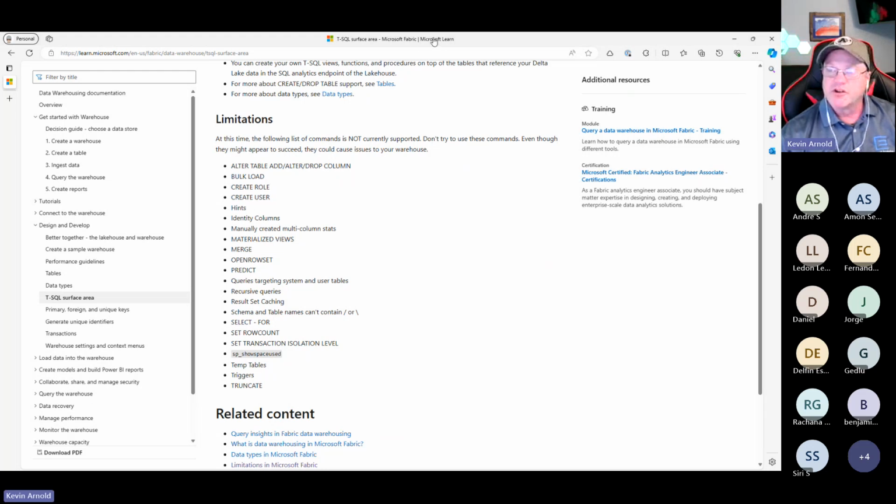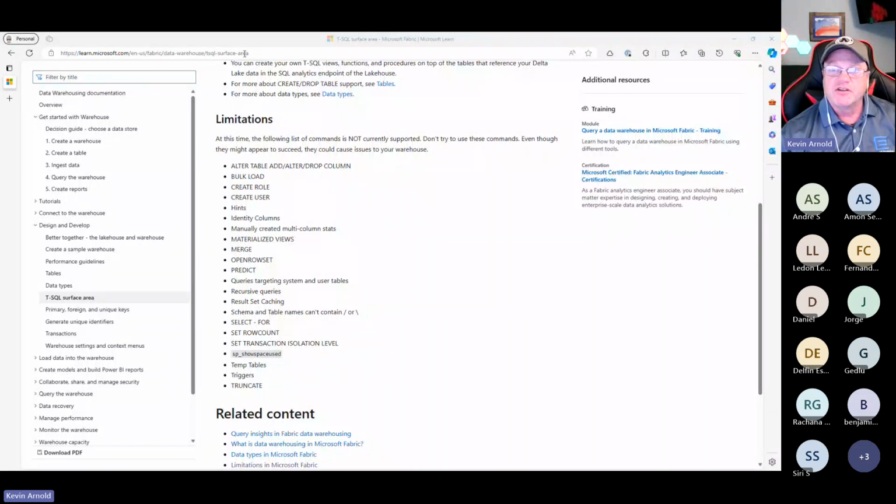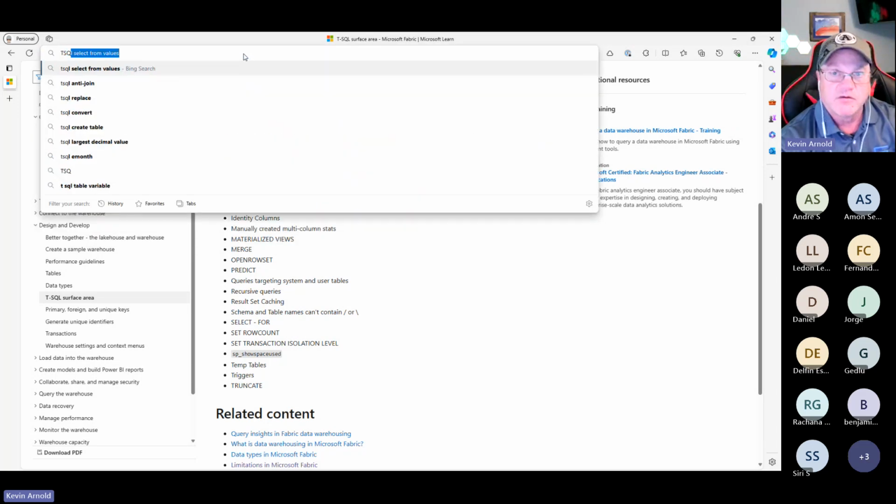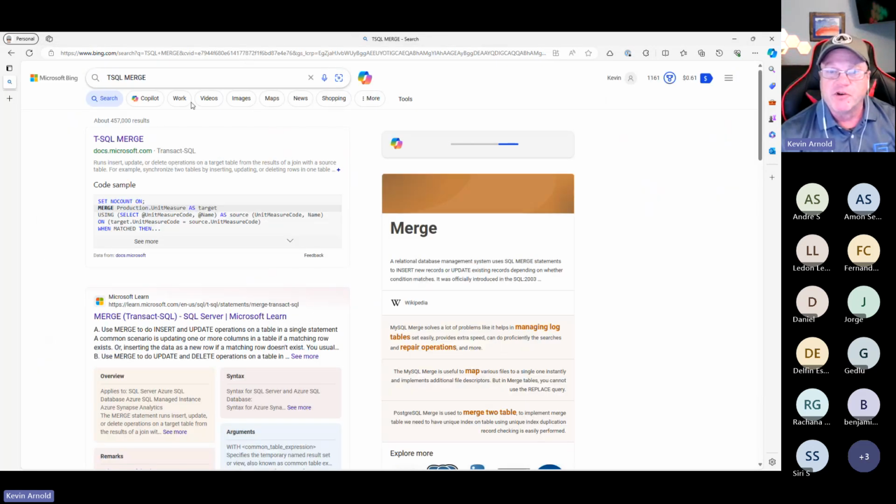Let me stop sharing for just a second to see if I could find this other article I had saved. I thought it was in the same tab, and it's not in the same browser as that other one. Yeah, I must have closed it. I apologize. But what I was trying to get to is when you read the Fabric or you read the T-SQL. So let's look at merge. Let's just search for T-SQL. I think I got caps lock on.